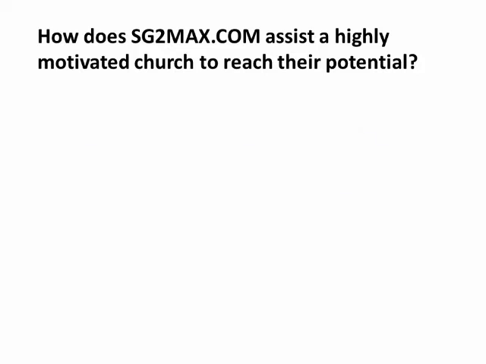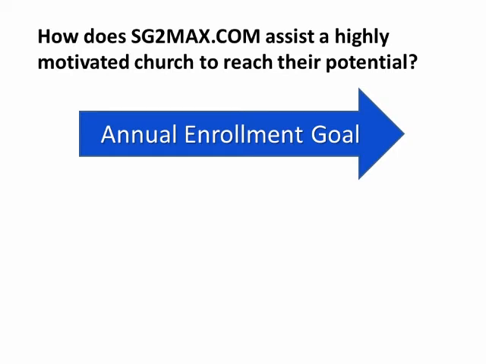Well, first, the church must set an annual enrollment goal. The enrollment goal defines where the small group ministry wants to go. But setting a goal in no way causes growth or effectiveness. The goal simply helps clarify the efforts that are needed to achieve it. What are they? Well, first of all, we must find prospects, those who may become future members. A prospect is defined as a person whose name, spiritual condition, and contact information is recorded and assigned to an appropriate small group. Prospects represent the potential for growth.